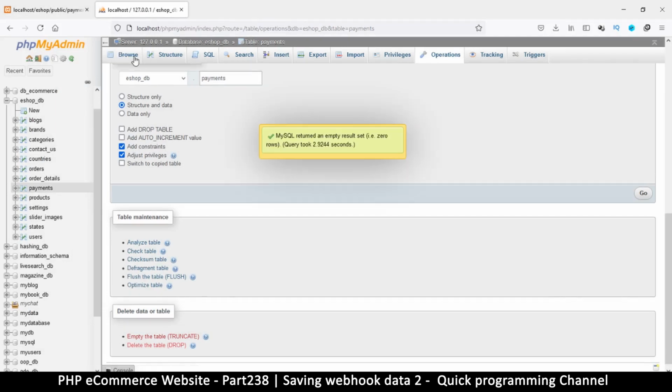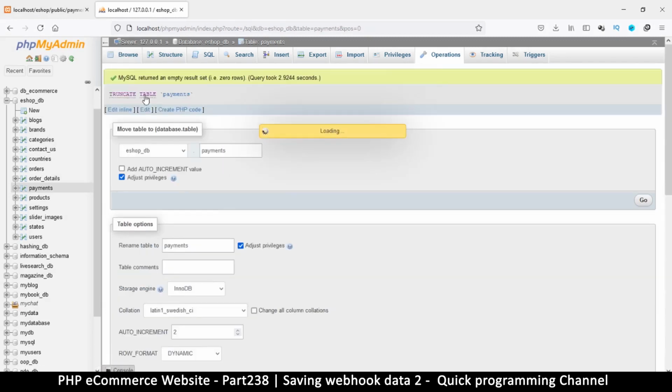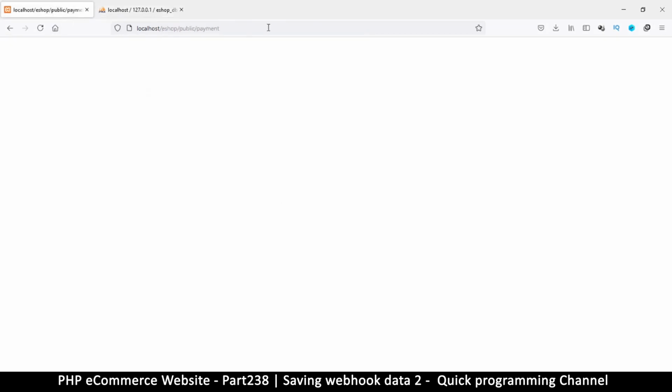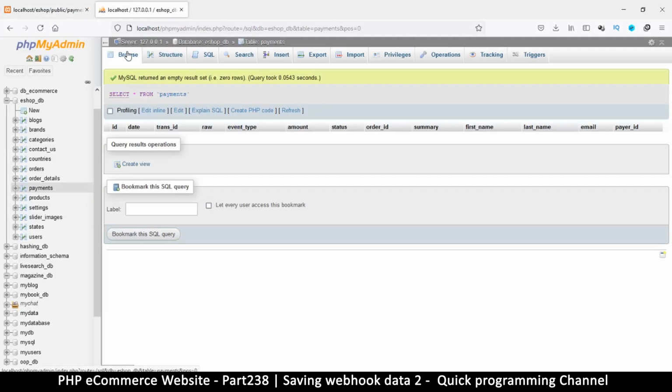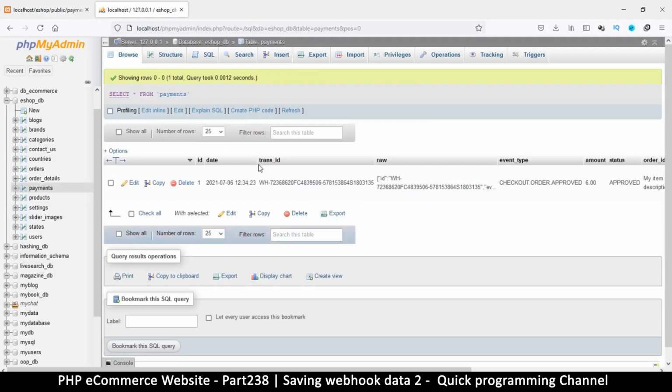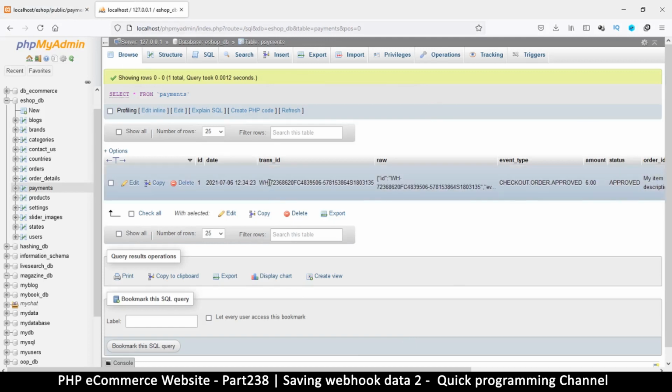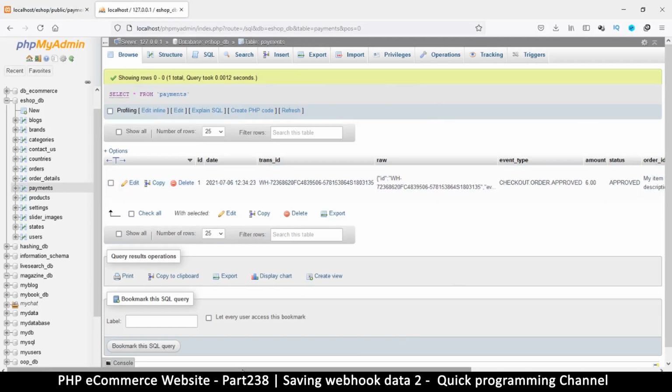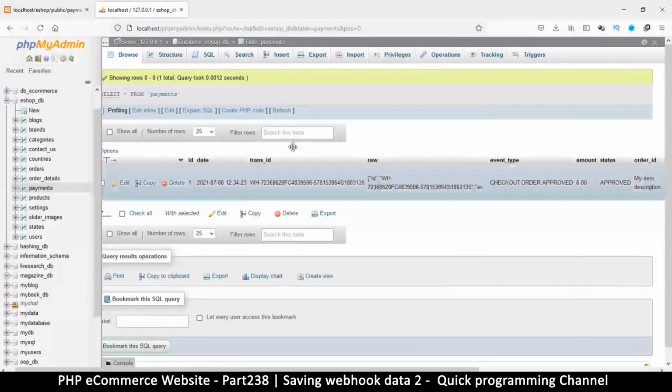You don't have to do that. You can just delete the row if you want, but I kind of like it this way. So let's refresh again. And once we refresh, we should have some information. Okay, very good. We have a date now. We have a transaction ID. Very good. And now the transaction ID is important because in case you want to go and verify with PayPal which transaction was which,